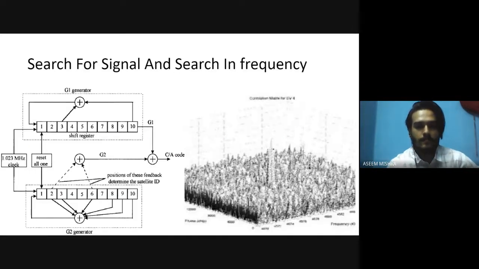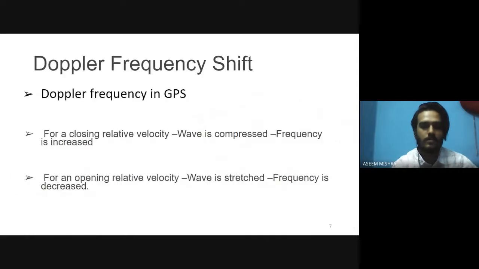In GPS, a maximum 5 kilohertz Doppler shift due to satellite motion occurs with the satellite moving directly towards or away from the receiver. A maximum 5 kilohertz Doppler shift due to receiver motion occurs with a very fast aeroplane. The total maximum Doppler shift is 10 kilohertz. The commonly used Doppler frequency band for acquisition is 500 hertz. This gives a total of 41 different frequencies to be tested.